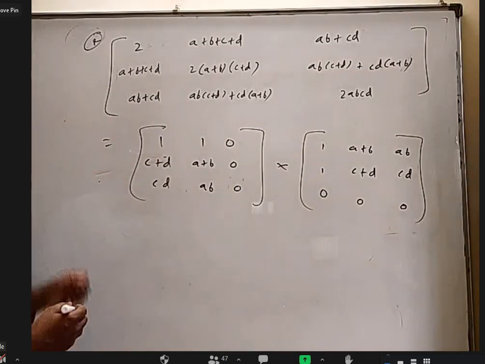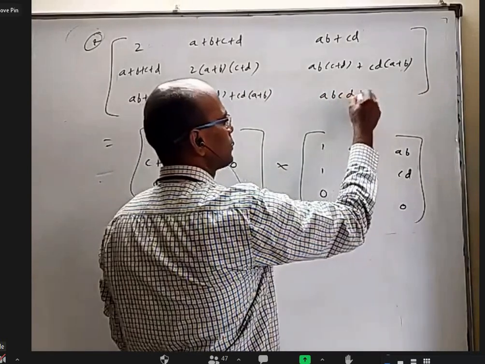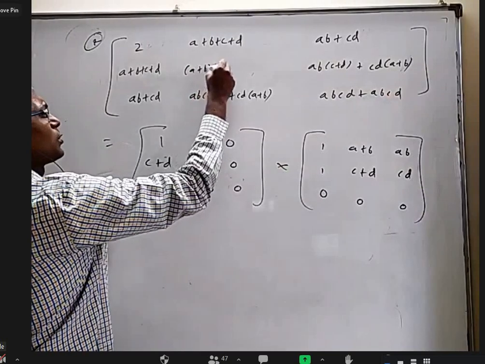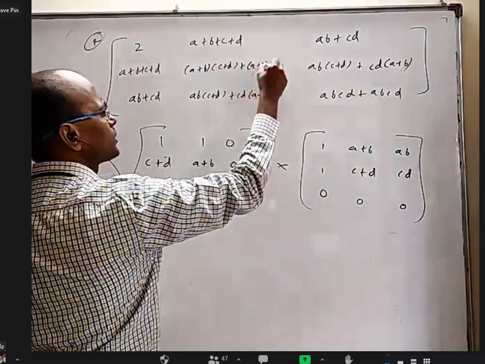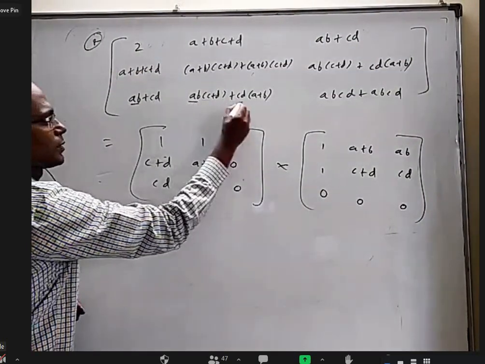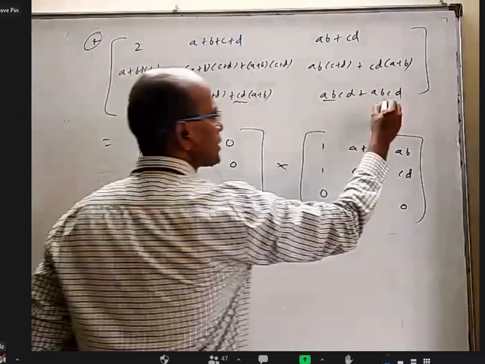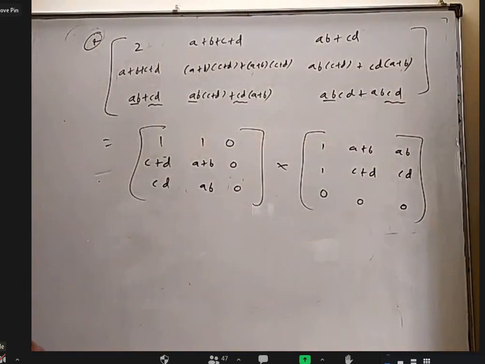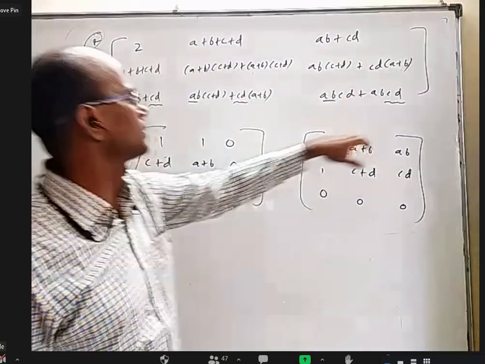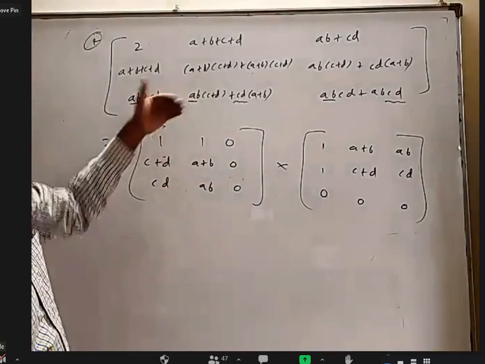So the main part is, just 2 minutes. Writing this 2ABCD as ABCD plus ABCD, writing these two things as (A plus B) into (C plus D), and again (A plus B) into (C plus D). Now see, there is AB here, AB here, AB here, and there is CD here, CD here, and CD here. So first of all, you have to split that 2ABCD like this. And the first row is not giving a good idea in this question. The third row is giving a little better idea.